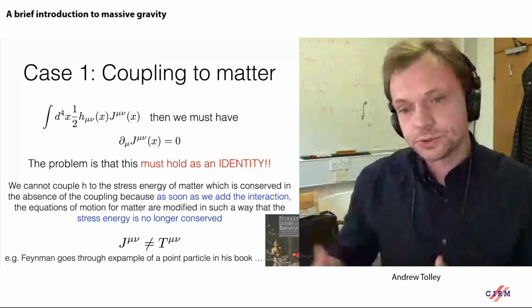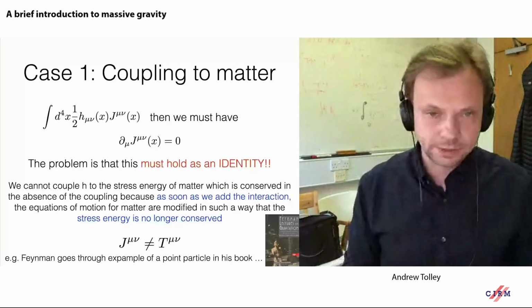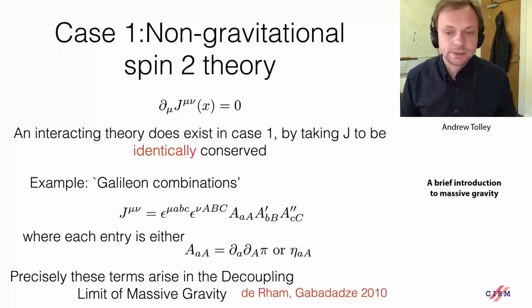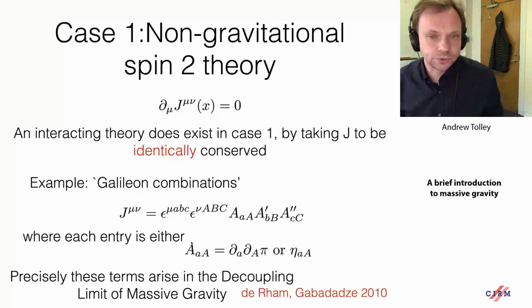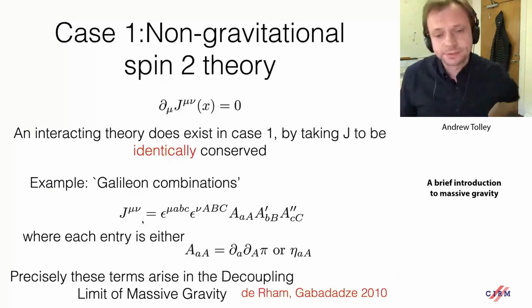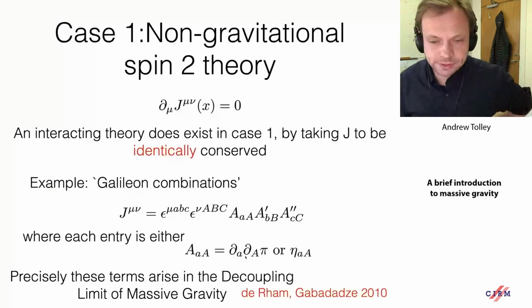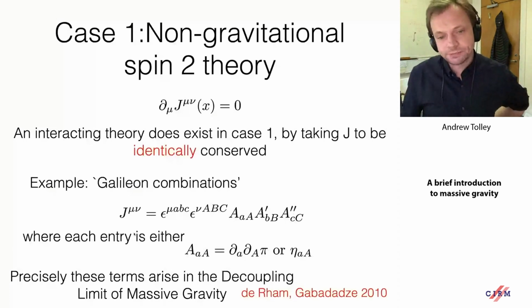However, if we do have a source which is identically conserved without using the equations of motion, then there is an interacting theory. And there are such theories. We don't tend to talk about them, but they implicitly play a role later on. So I can write down sources which are identically conserved using the same trick. If I write down a double epsilon structure with 3 tensors here, and I take combinations of those tensors to be either 2 derivatives of a scalar or just the metric itself, then these combinations are identically conserved, because if I differentiate them with respect to mu,